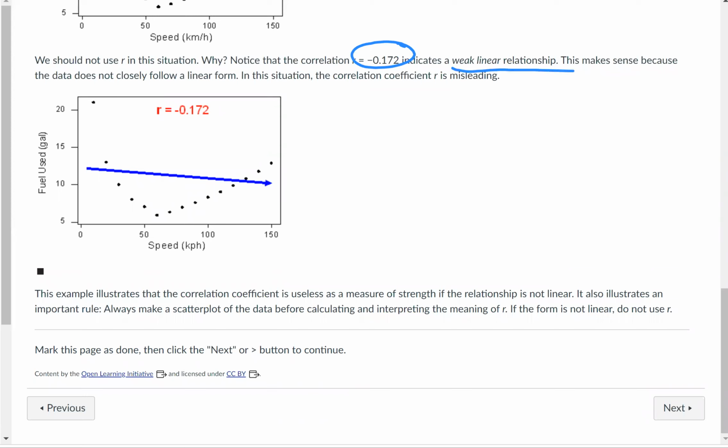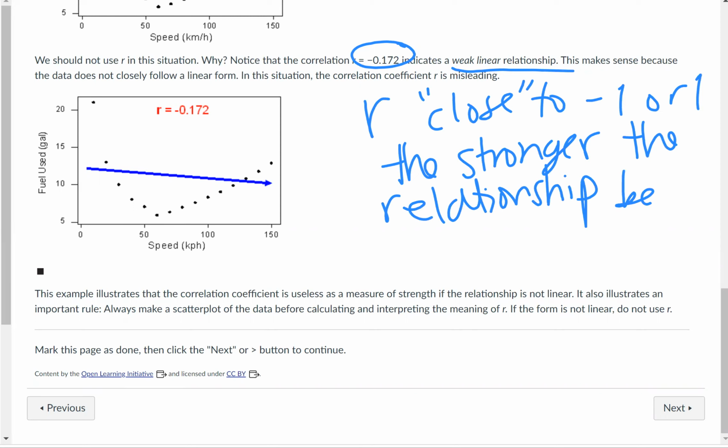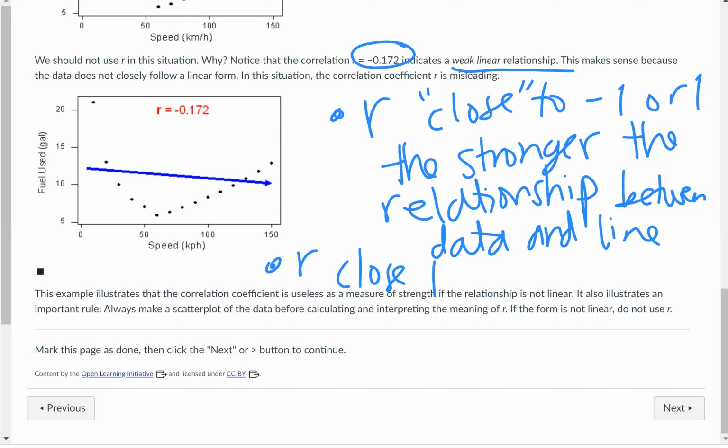Because it's close to 0, remember when R is close to -1 or +1, it's really close. And when I say close, I guess that's a relative term, but you've got to use your best judgment. The closer it is to those, the stronger the relationship between the data and the line. But on the other hand, if R is close to 0, in either direction,